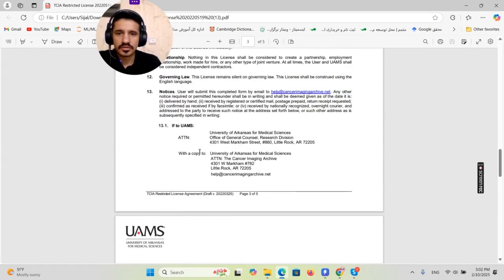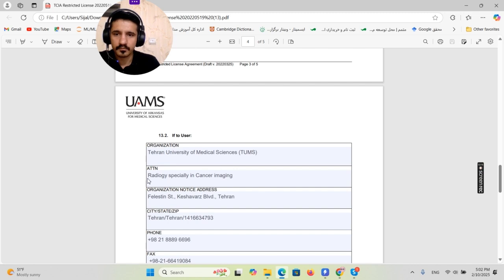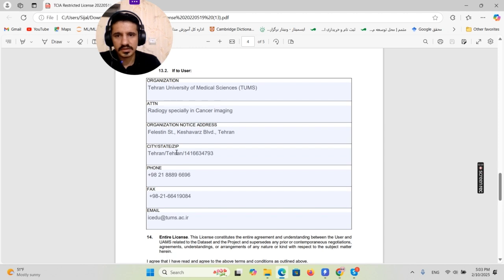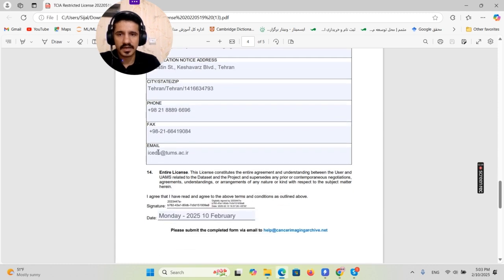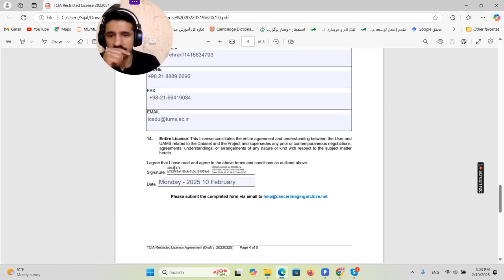Then you should write your organization. I've written my university name. ATTN, it's about your attention: radiology, especially cancer imaging. What are you focusing on? And the address of your organization, city, state, and zip code. Phone of that organization, fax of that, email of that, and you can sign this PDF with Adobe Connect